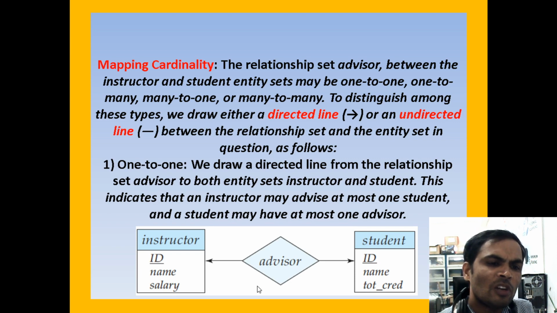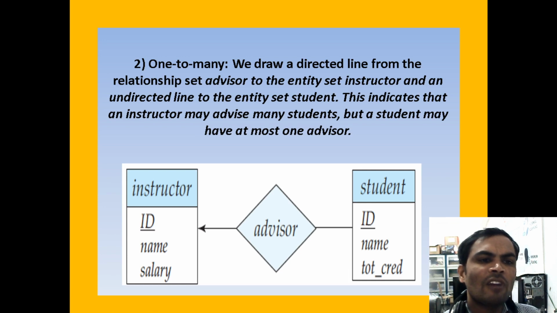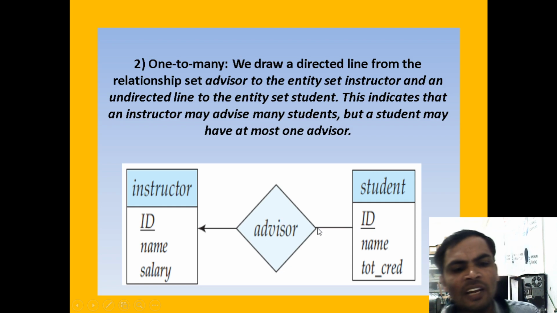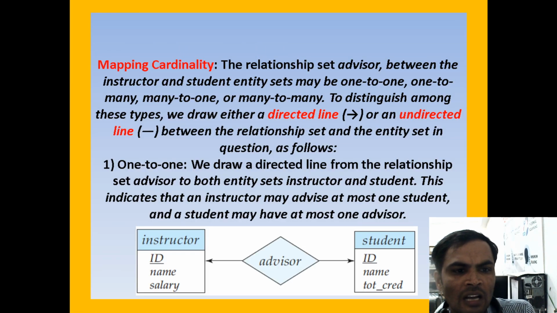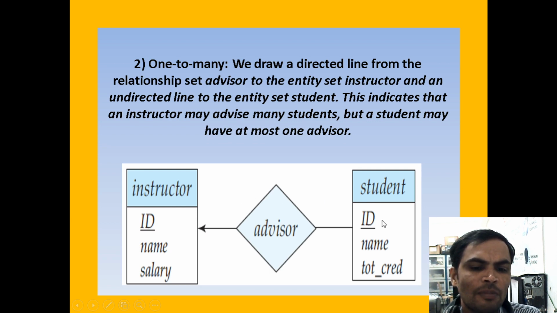Now if you want to talk about one-to-one cardinality mapping between these two entities, the arrow representing it, we should consider as one-to-one mapping cardinality principle. If you want to take one-to-many from the instructor, the arrow is considered as one. Coming to the student, when you are giving a straight line or an indirect line, we should consider it as many. The relationship between the instructor and the student exists. One to many relationship exists between these two entities, we should consider it as a binary relationship.